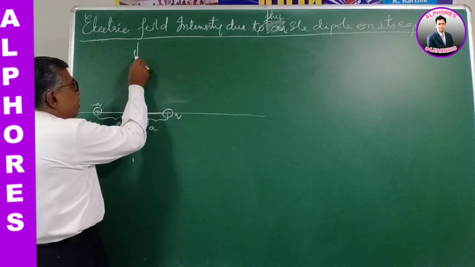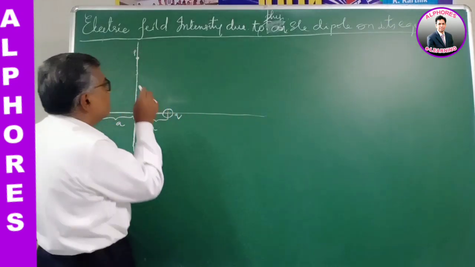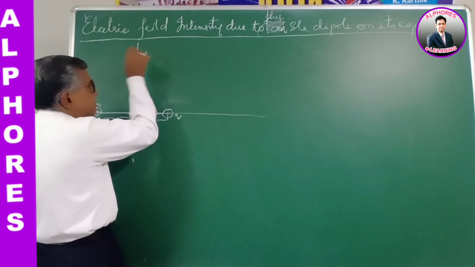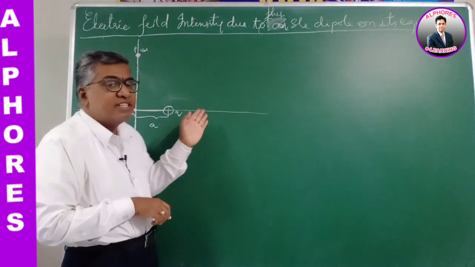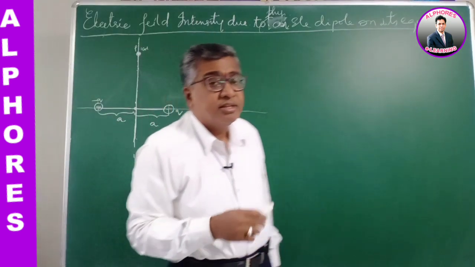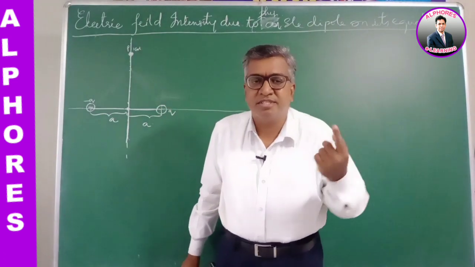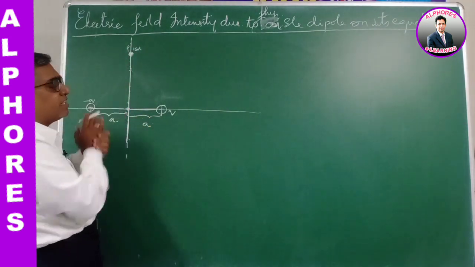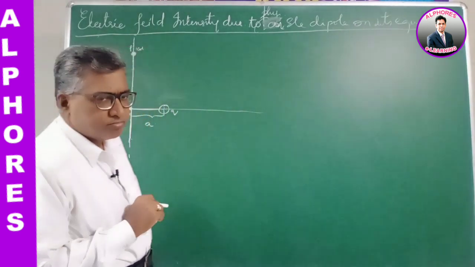So wherever you want to find the electric field intensity, you have to imagine a unit positive test charge. Let us consider a positive test charge, 1 coulomb. The force experienced by this unit positive test charge is called electric field intensity. So we have to find the net force on it. How do you find the net force? According to the principle of superposition, the resultant force is the vector sum of all the individual forces acting on it. So we first find all the electric fields at that point and add them vectorially.